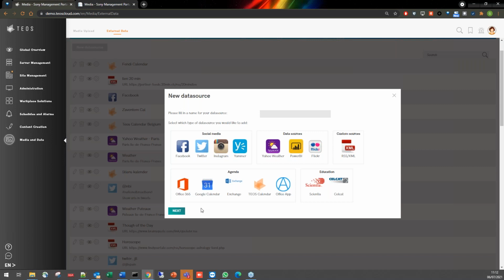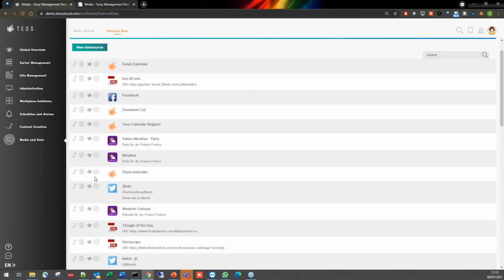You just create the template, and the data feed will automatically be linked, and there is no longer any need to update any content in the page, unless you want to change something specific. The weather values, etc., will be updated automatically without any action from a content manager, which is very nice because it brings dynamic content without any additional or daily configuration. So that's for the external data.